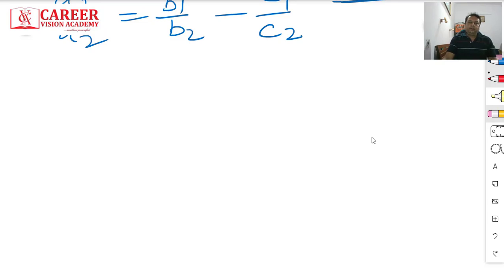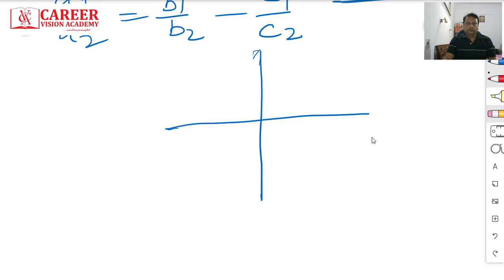So this was the graphical or geometrical method, in which we have two equations. We plot those equations on graph paper. If the lines are intersecting, the point where they intersect is the solution of those two equations. We find the coordinates of that point. The x coordinate represents the value of x and the y coordinate represents the value of y.